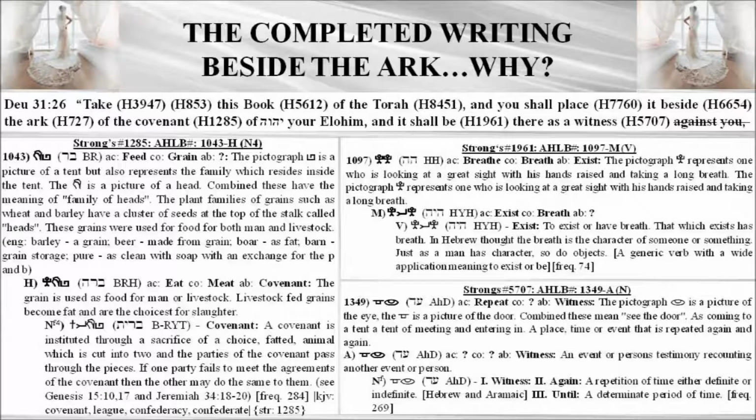Just a little more confirmation in the words in this verse before we move on to the letters. On the left-hand side we see Strong's 1285, Ancient Hebrew Lexicon 1043 HN4. This is the Ark of the Covenant. A covenant is instituted through sacrifice of choice fatted animals, which is cut into two, and the parties of the covenant pass through the pieces. If one party fails to meet the agreements of the covenant, then the other may do the same to them. Praise Yah that he came to rescue us, and we even have the opportunity to come back into the marriage